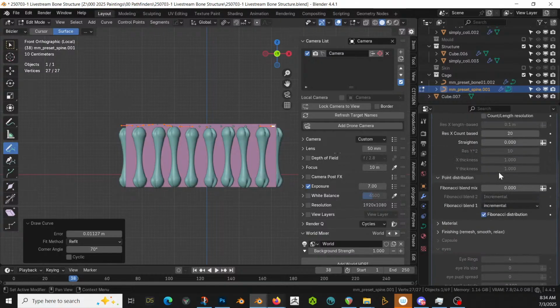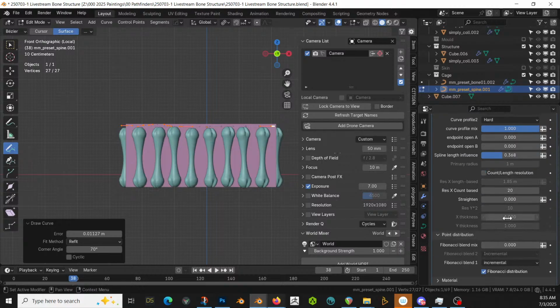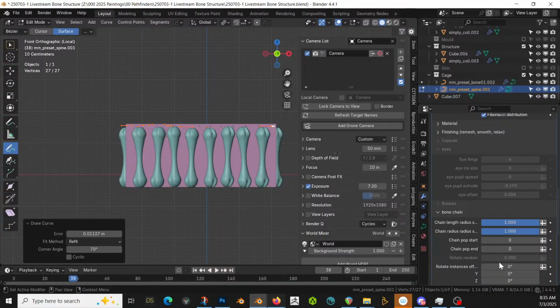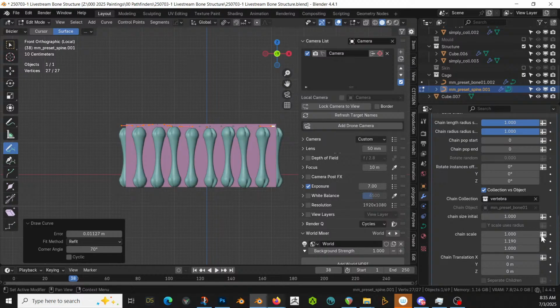Come on. I'm trying to remember how you do this. No. Where's my scale? Chain scale. 1,